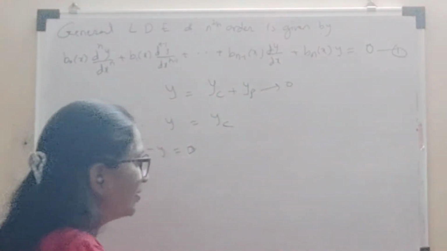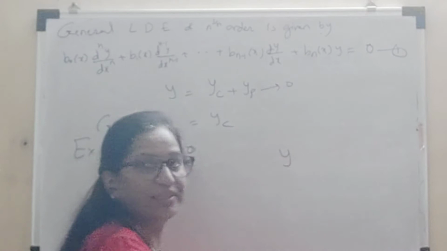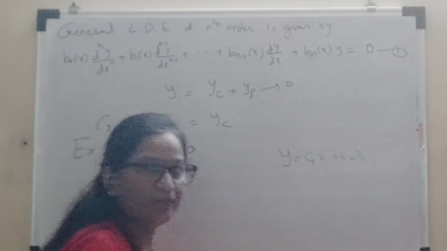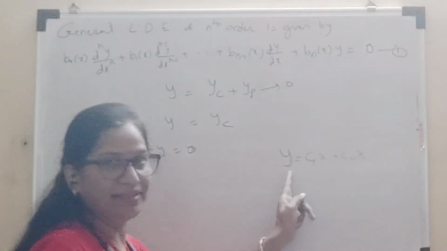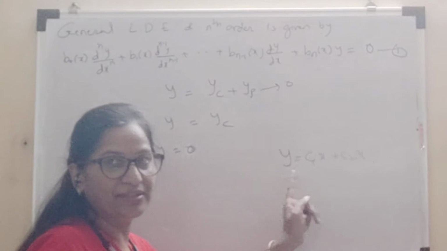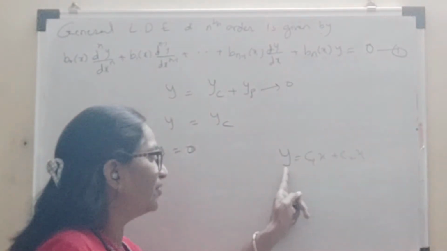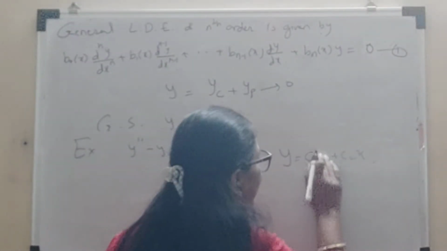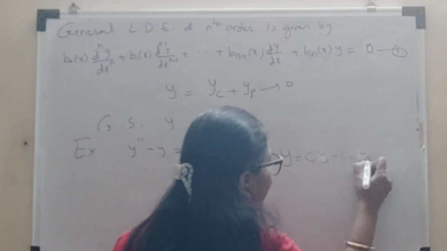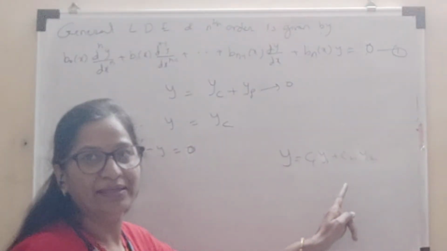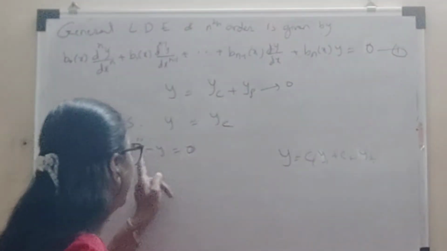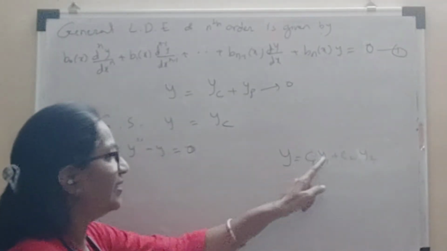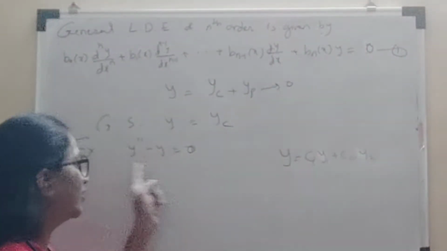So the general solution contains two arbitrary constants, that is, the general solution is of the type y = c1 y1 + c2 y2, where y1 and y2 are two independent solutions of the given homogeneous linear differential equation. Whenever a differential equation is of second order, the general solution contains two arbitrary constants. Now we are interested in finding y1 and y2 for this example.